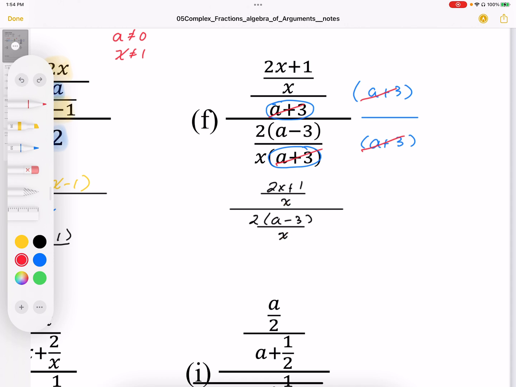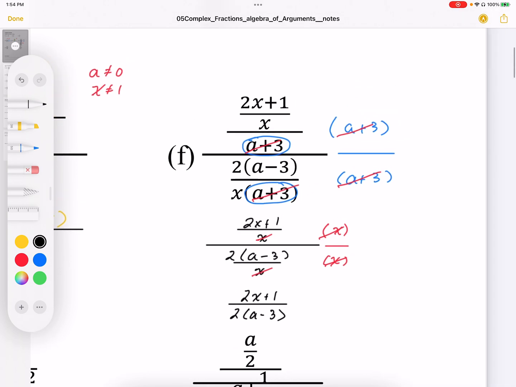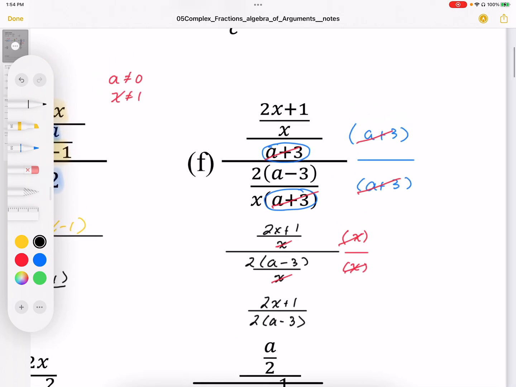If you don't, we can always try getting rid of those new divides, because I have two divides in the numerator and denominator, and those will balance out with the times x in the top, times x in the bottom. Those will cancel out, and then I end up with 2x plus 1 over 2 bracket a minus 3, and I forgot to set my restrictions,